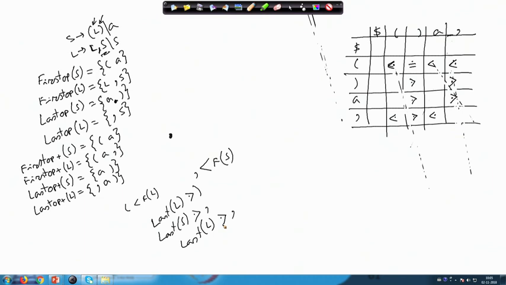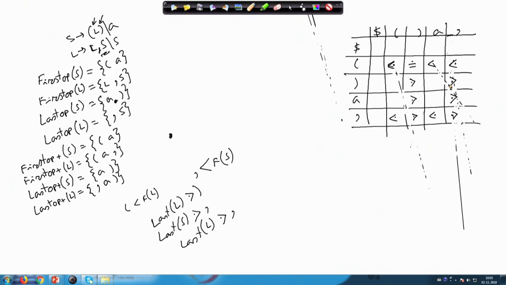Last plus of L has got comma, so comma should be of higher precedence than comma. Then a should be of higher precedence than comma. That is already done. Then close parenthesis should have higher precedence than comma. That is also already done.